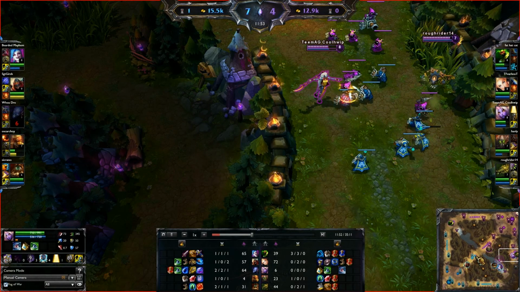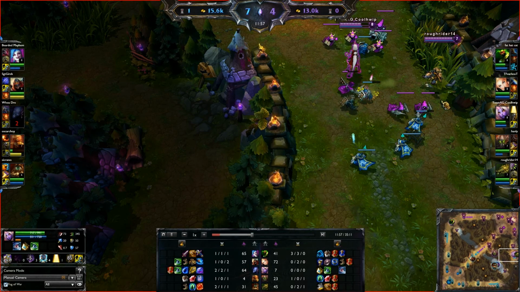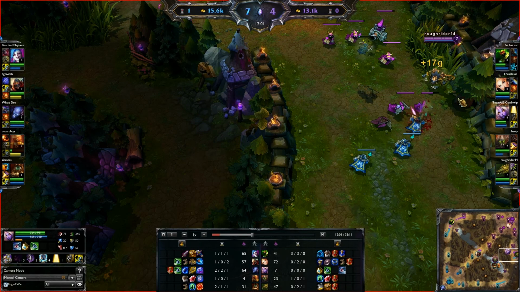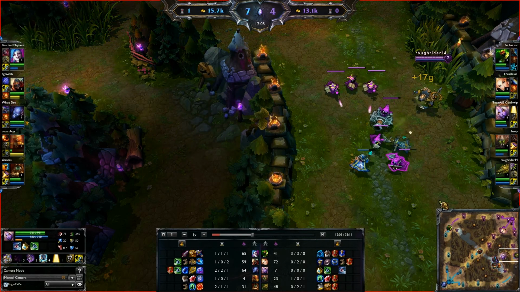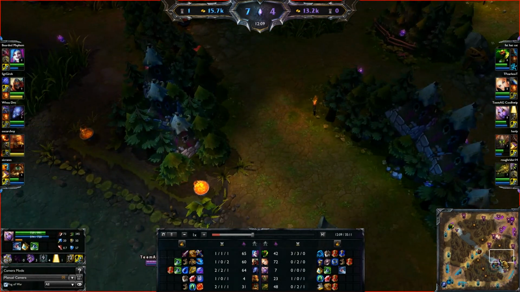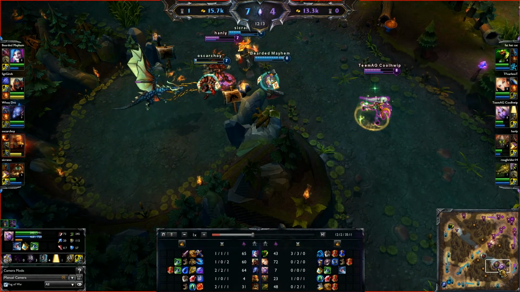Alright, so continuing on. Once you get to this point where the turret's dead, you have a couple options. You can push, or you can freeze. And the way you can tell if a lane is going to freeze is you just look at your lane and see, hey, do I have more creeps or do they have more creeps? If you have more creeps, then you have the option of freezing, and what that means is